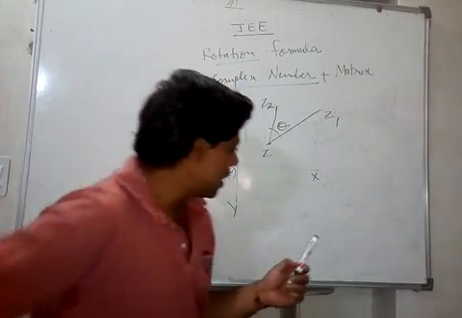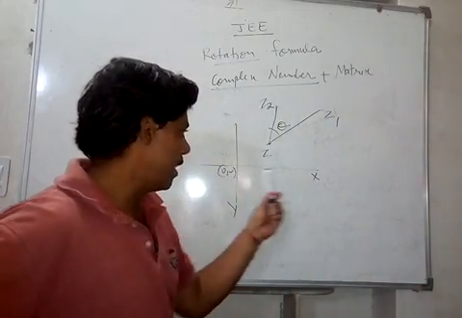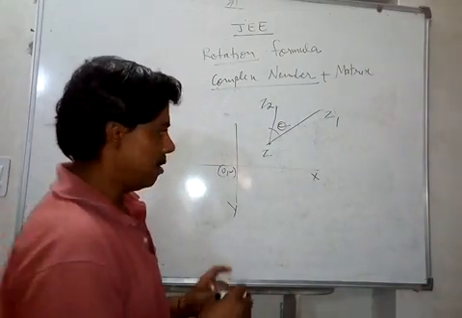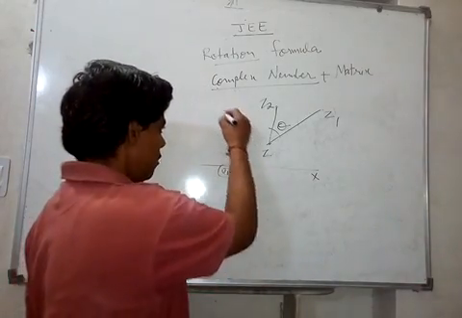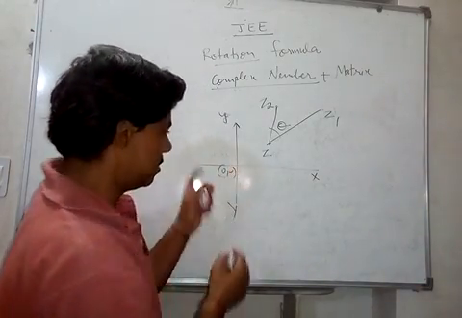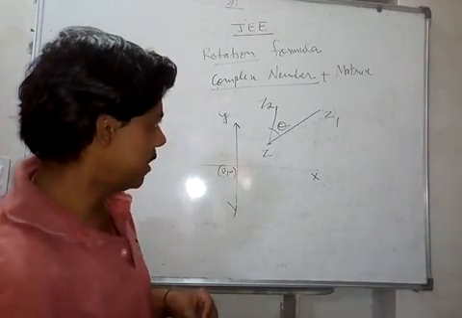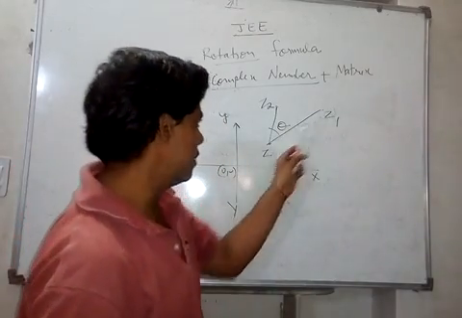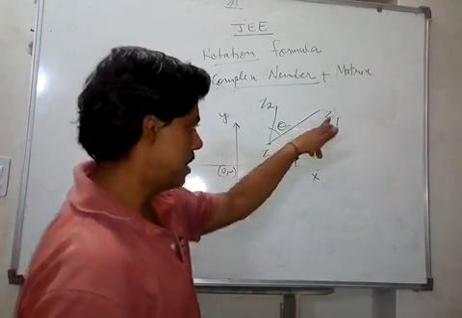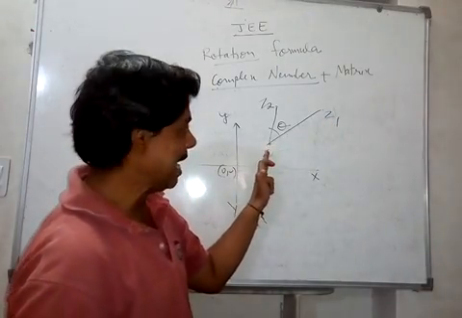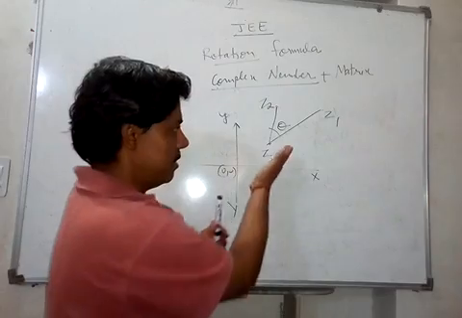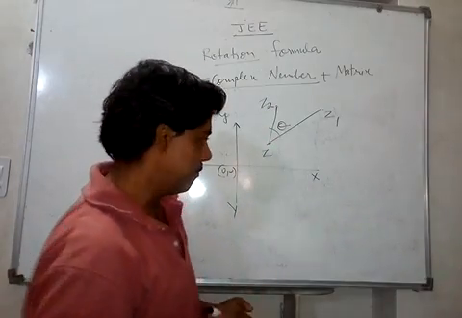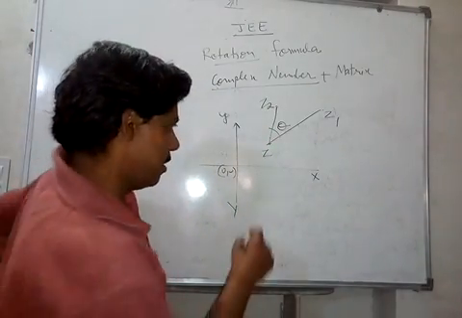So we have two axes here. This is called the real axis, x-axis, Argand plane or the complex plane, and this is the y-axis, right? This is the origin. So we are considering these three complex numbers z1, z and z2. So z1 is rotated about z, and it comes to z2, and the rotation is in the anti-clockwise direction. So the rotation formula is this one.